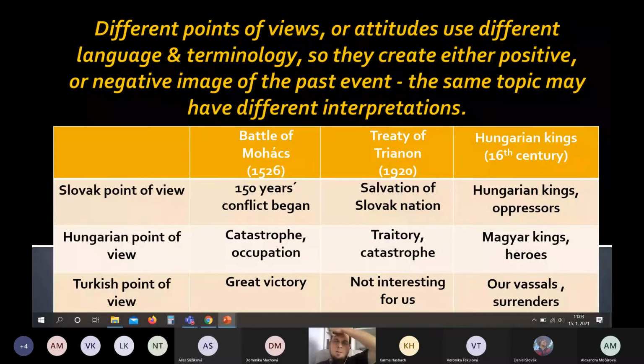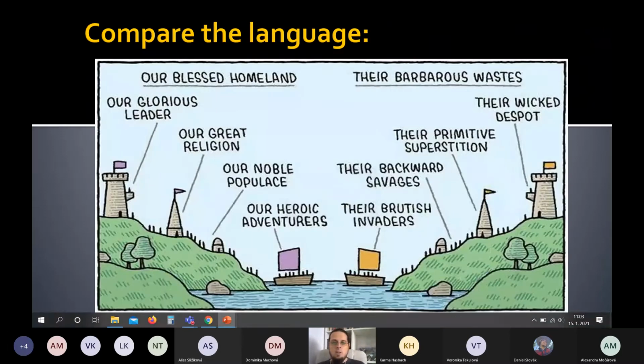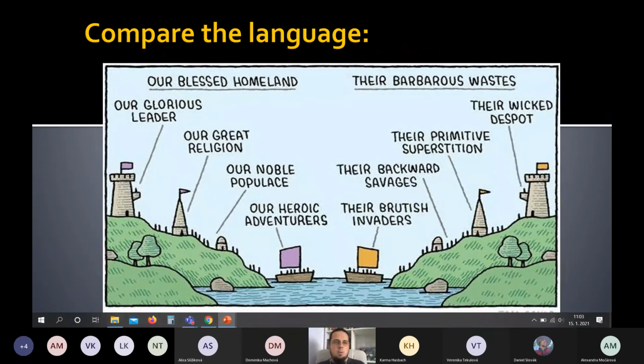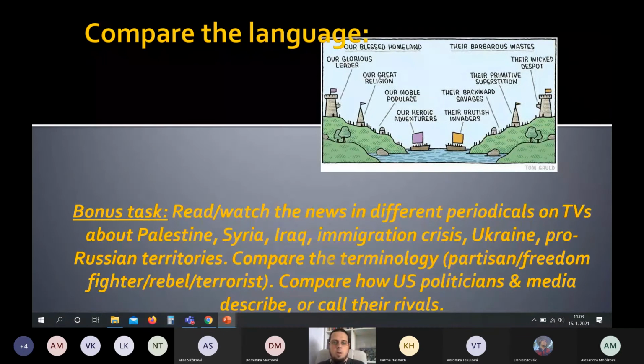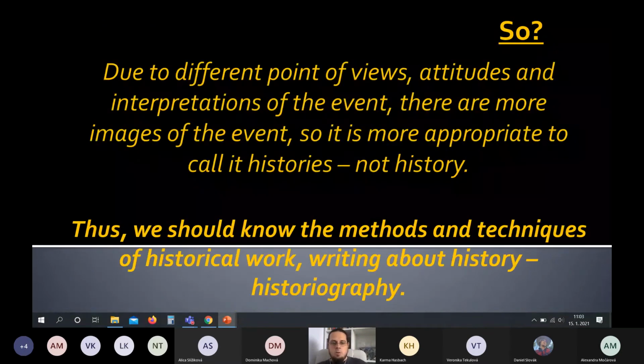Okay, we also analyze these different points of view, of course, comparing the language in this. I believe that you can remember all of these. So what are the things? So the histories, okay, and historiography, actually the methods and the techniques of historical work. So writing about history is historiography, and that's methodology. So generally, if I have to sum up, your work